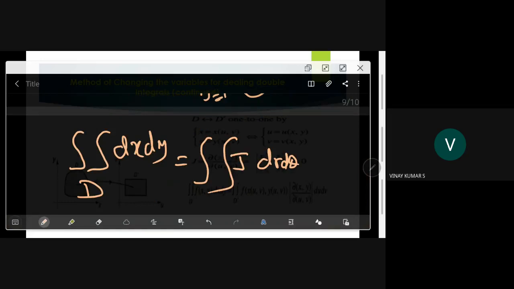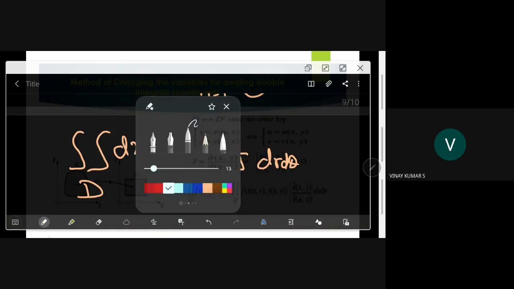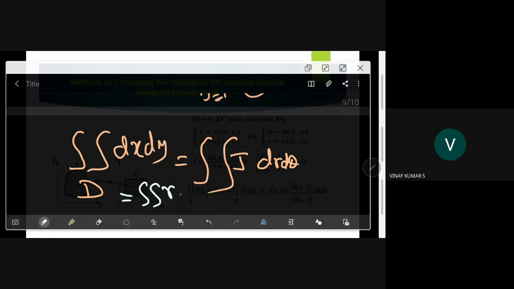Okay, we simplify things. It is equal to the double integral of r dr d theta. Now it is up to you. Of course, in GATE they may not go that deep. You simply take r from 0 to 1 and theta from 0 to 2 pi. This integration is easy: the inner integral is r square with respect to r, so r square by 2.